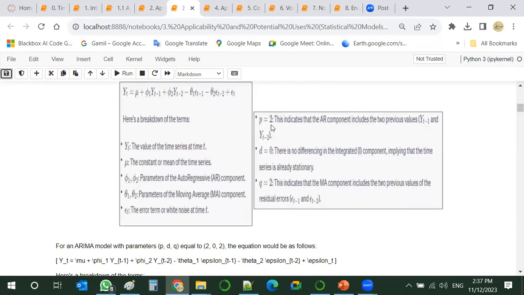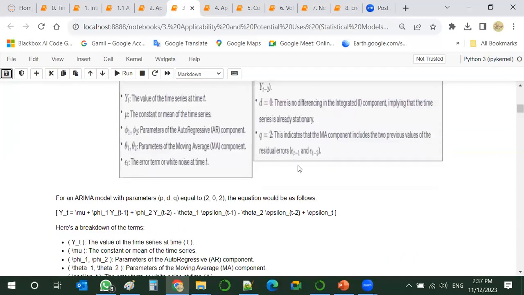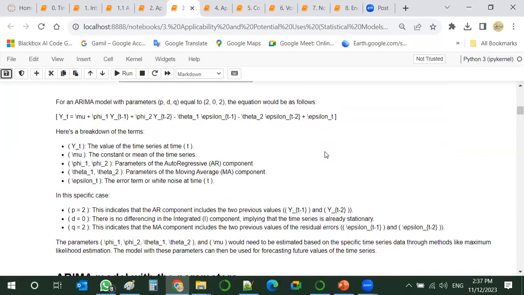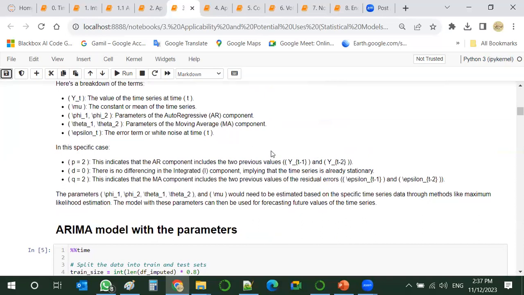So 2 indicates the AR component, y sub t minus 1, y sub t minus 2, d is 0, and q indicates the moving average component will include the 2 previous values of the residual error, so epsilon sub t minus 1 and epsilon sub t minus 2.